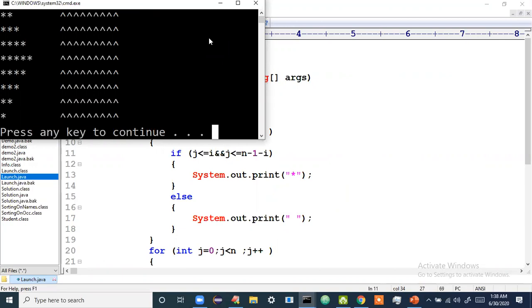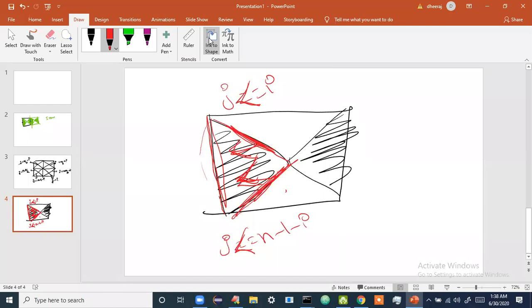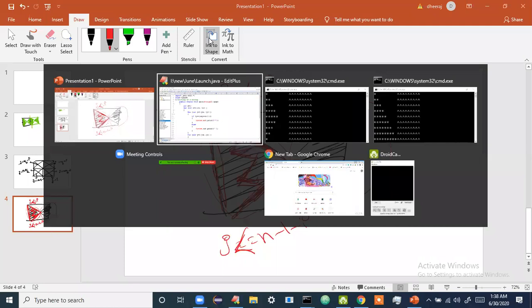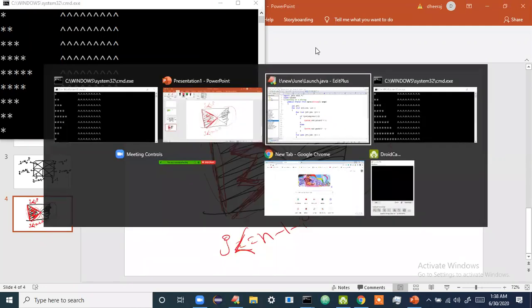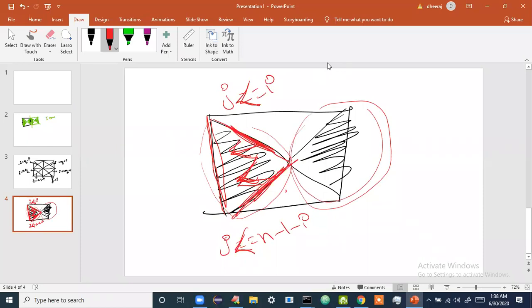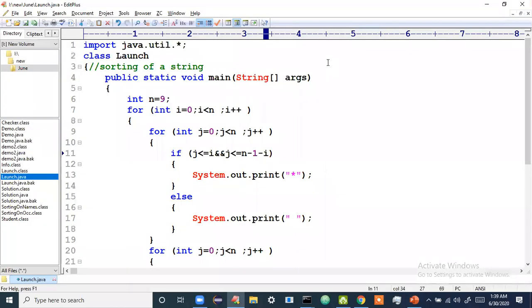So see, we have got that output, right? What I got is only the first half. Now I have to do the second half. Tell me, from this pattern, should I cut something, or to this pattern should I add something? Don't you think I have to add one more pattern here? Yes. So this is the pattern which I'm adding to the previous pattern, which means I have to use the OR operator.